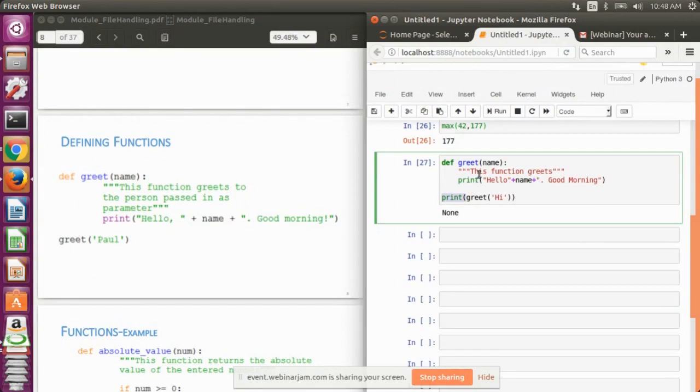I'm writing a print statement in this and calling this function with the argument hi. So you can see the output is hello, hi, good morning. This is the output that we received.